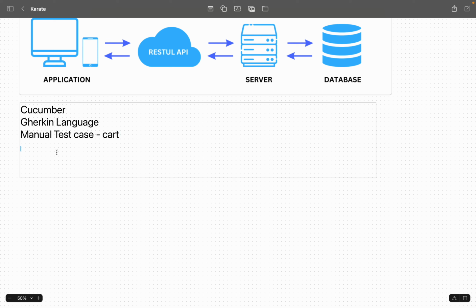So you need to create a new file with the name cart module dot feature. This name is dynamic. It depends on which module you are working on. You can give whatever you want based on the module that you pick. But the extension should be .feature. Then only Cucumber will understand, okay, this is a feature file in which there are test cases being maintained